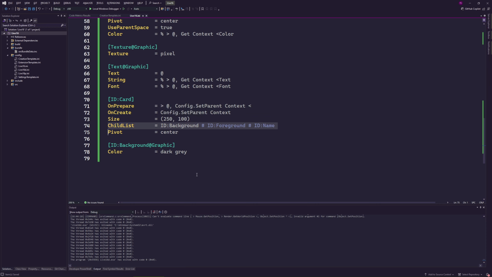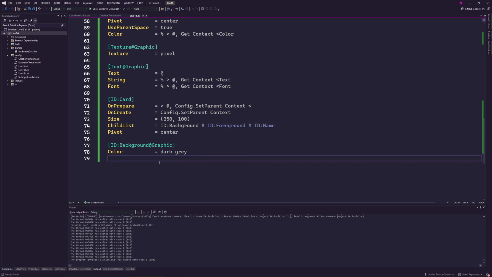Right, only the objects that are defined in the child list are going to be created, or if you manually create an object. For example, if during my own prepare here I add an object create, obviously that will happen there. But otherwise, the only creations that are going to happen are the ones defined in the child list and in the child list of those children. But because I know this, I'm not going to mess around with the context in those. If that makes sense. Thank you.